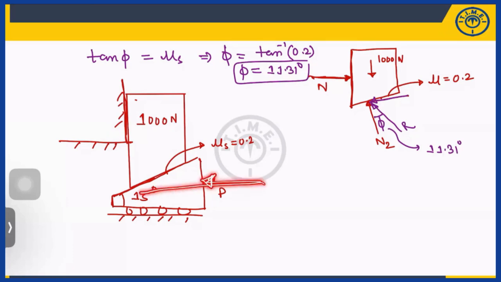Again, I'm repeating. This is the P force which you have applied. This wedge is moving in this direction. The block will move in the upward direction, but with respect to this surface, the block is moving in this direction. So there is a frictional force in this direction. The frictional force is this. Another force, there is a normal reaction which I have represented here. There is no issue. Now, if this angle is theta,